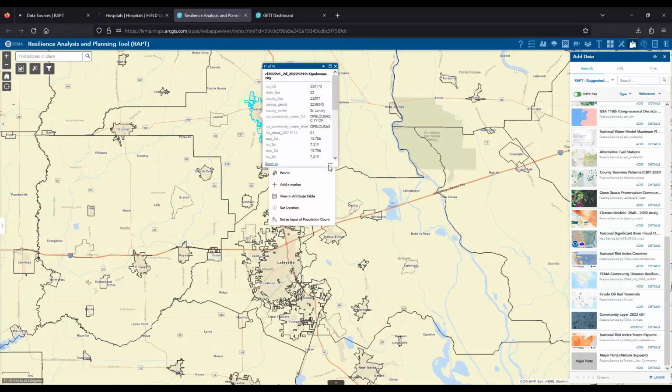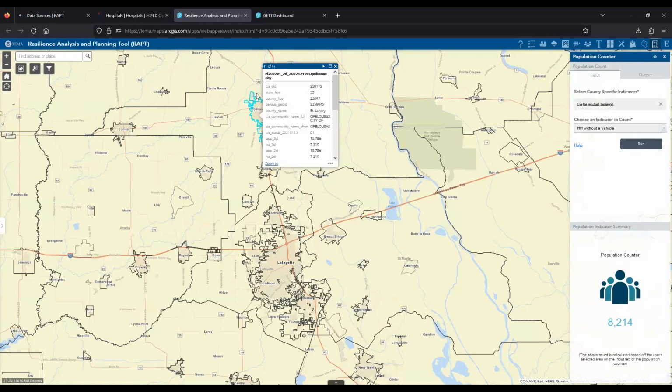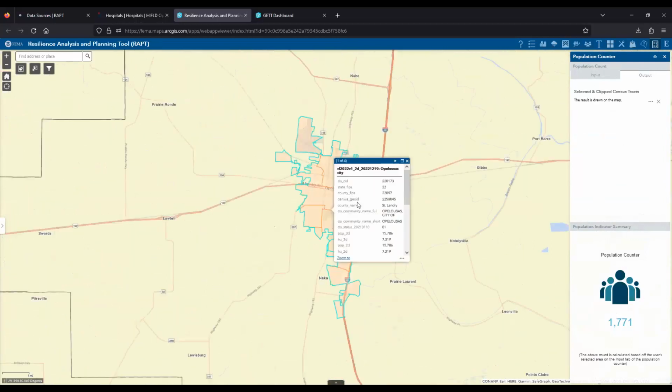From here, we can actually use this as our population count. Instead of having to draw the shape to try to get the exact city, we already have the population count. I can say, okay, within the city, how many individuals have a disability? It takes this community layer we just added, selects all of the partial census tracts that comprise this city, and gives us an estimate for the number of individuals.